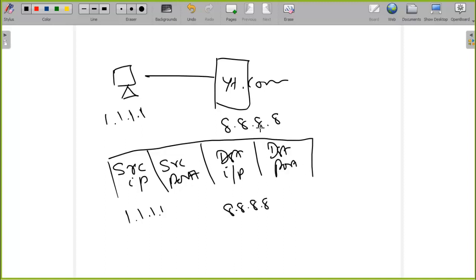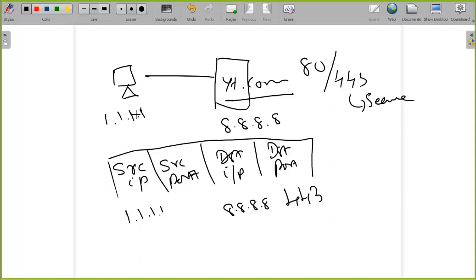And for the destination port, we all know that youtube.com is a web server, so obviously it is working on port number 80 or 443. In case it is a secure one, it is going to use a secure port. So let us assume that it is using a secure port, 443, because when you try to access youtube.com on any port number other than 443, youtube.com will not respond to you. That is why we have these ports configured for a web server. Only if you try to contact port 443 will youtube.com respond.